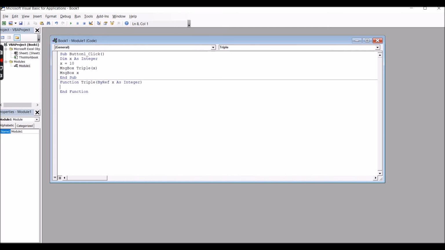Now your function has been written. Now you have to multiply: X equals X multiply 5 or 3, whatever you want. After that, Triple is equal to what? X. That means it will give you 3.